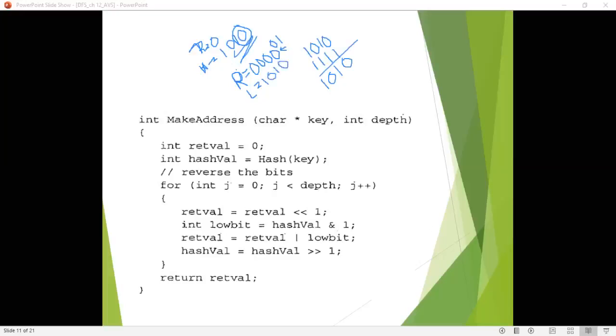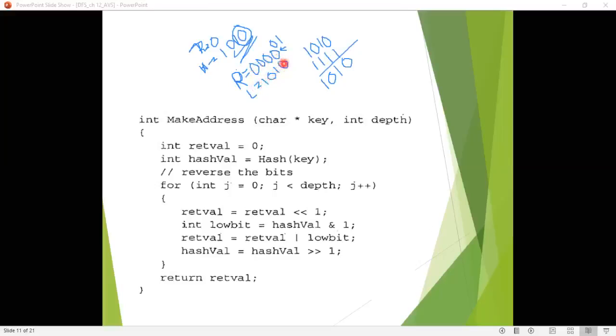After performing the AND operation, the next line is return value equal to return value OR the low bit. You have to OR this return value with this particular low bit value.